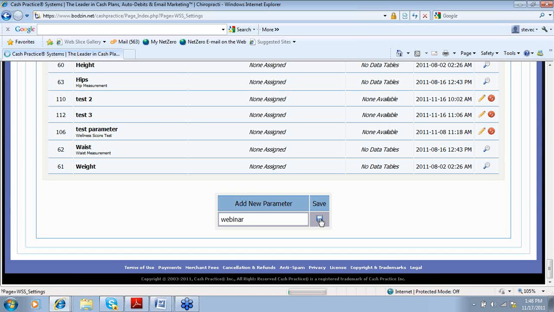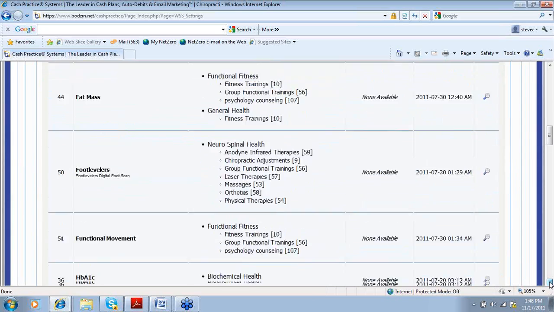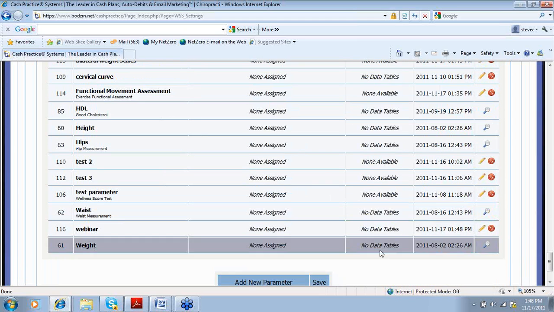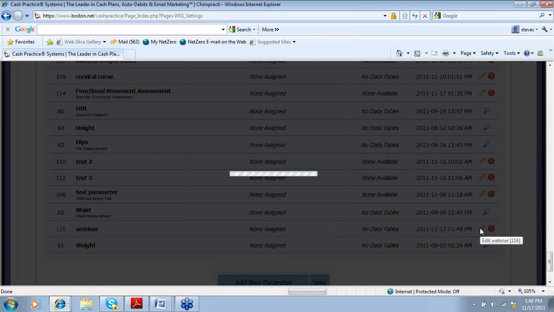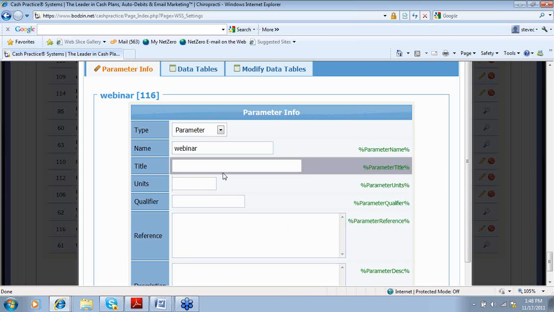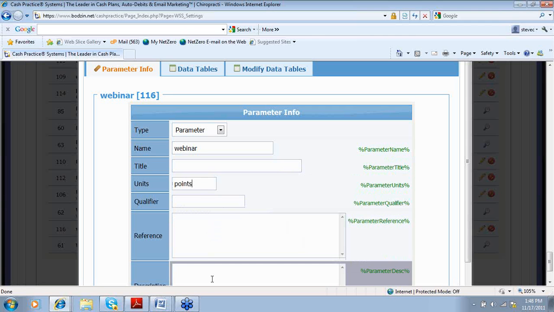And I'll do the one that initially you guys weren't able to see with the functional movement on 50 points. Go ahead, once you have actually saved the parameter name, then you go back and find it, webinar, you hit the parameter, modify. Basically, you would type in all the information, units, points, if there's any qualifiers, what the reference is, description of that parameter,